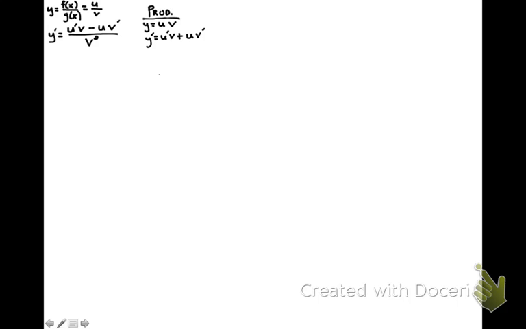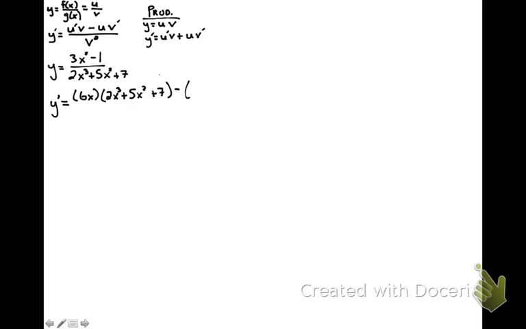Let's look at an example. Let's say we have a function, so y equals 3x squared minus 1 over 2x cubed plus 5x squared plus 7. Well, the derivative of this by the quotient rule is equal to the derivative of the numerator, so in this case it would be 6x times the denominator, or v, so 2x cubed plus 5x squared plus 7,